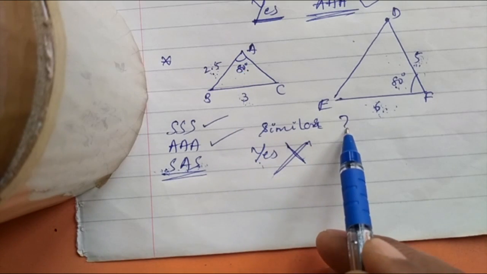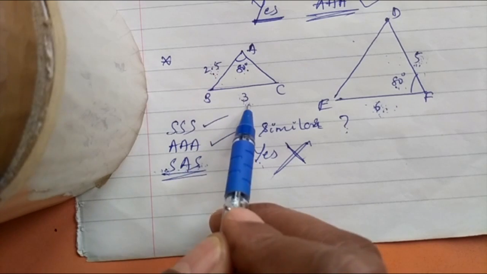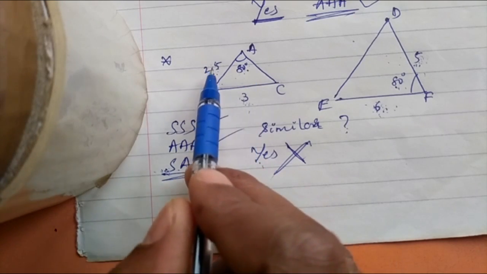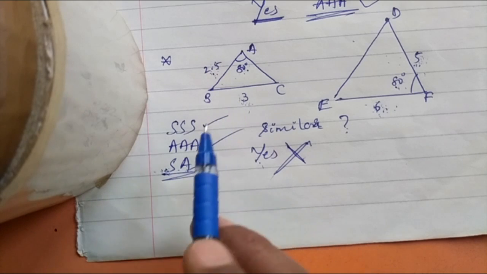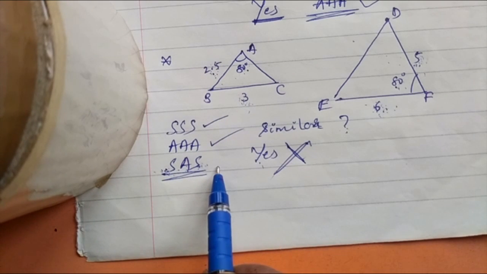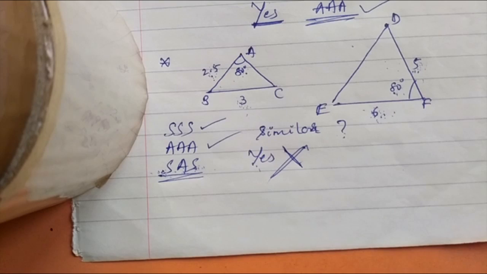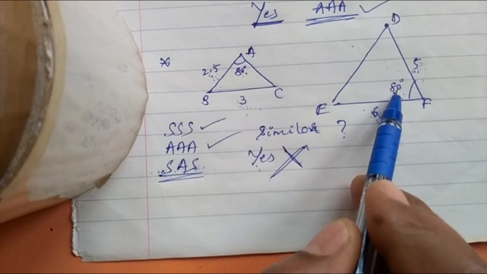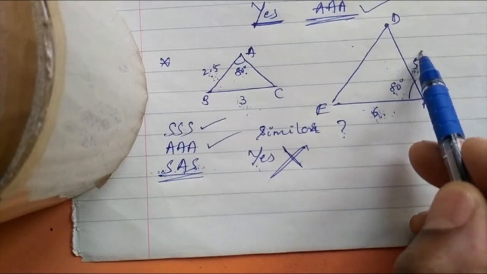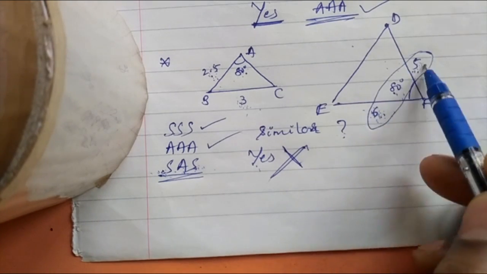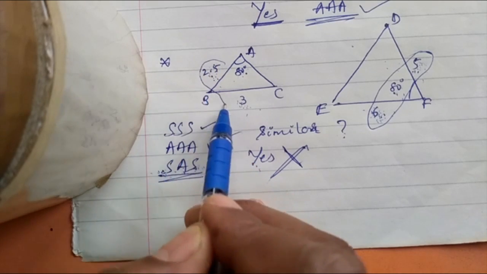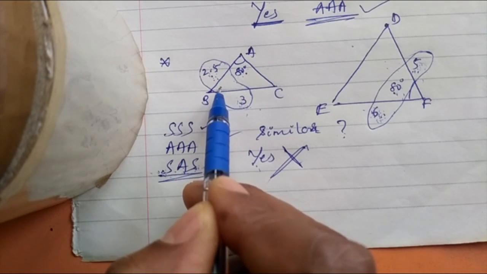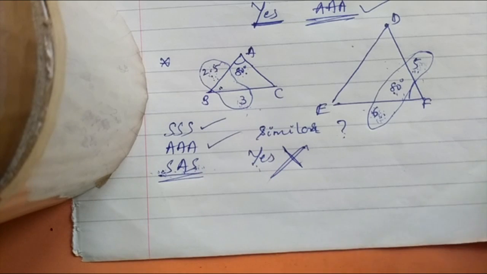Then the triangles are similar. But two sides are separate and the 80 degree is not between the two sides. So therefore SAS is not satisfied here. Then we say these two triangles are not similar. Of course, two sides are in proportion, one angle is equal, but the equal angle given is not between them. Here it's correct: the angle is in between two sides. But here, the angle is not included between these two sides. It is separate. So therefore, these two triangles are not similar. Before answering, be careful.